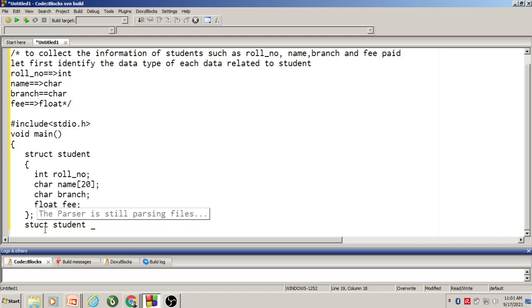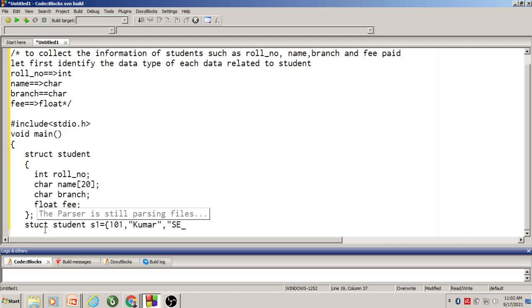Assume I want to store details of 5 students. So S1 is the first student, and immediately after declaration I will assign the values. Roll number is say 101, name is Kumar, and branch is say ISC.